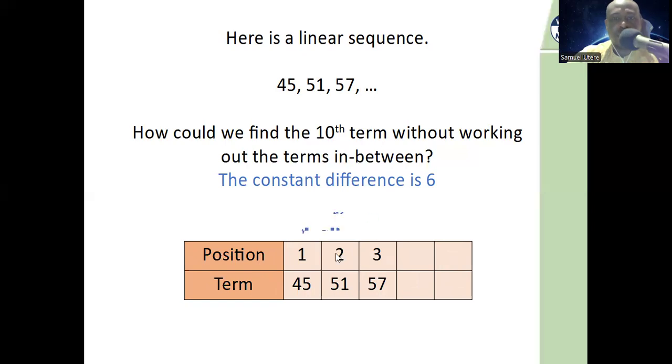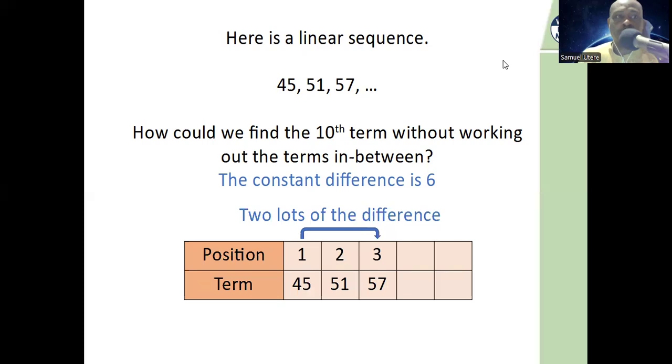So you can see one difference. That's 6. If we add another one, take note of what is happening. When we are on the third term, we have already added 2 lots of 6. So let me explain what's going on. When we're on the third term,